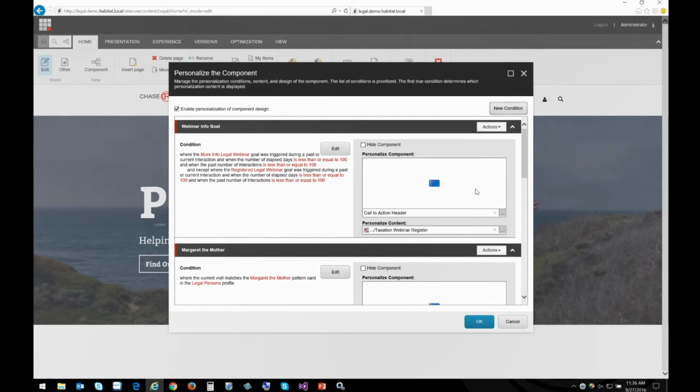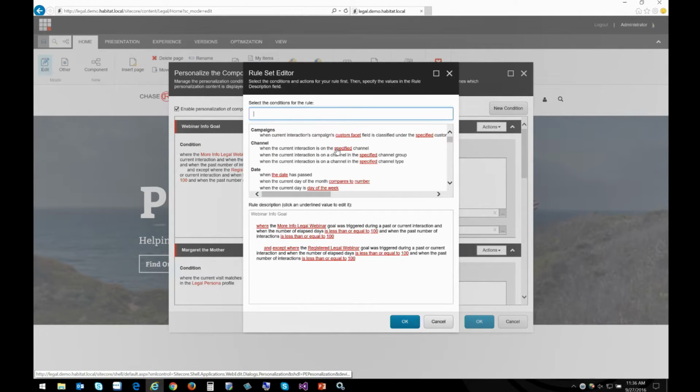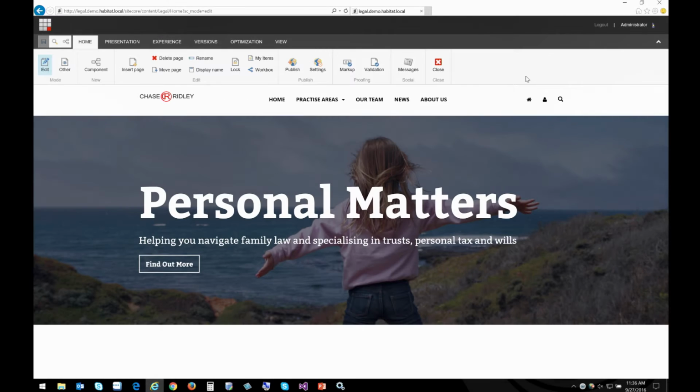It's kind of like Outlook in the rules wizard. You go in and say, here, I want to construct my rules and say, if this person has this sort of pattern, then show this piece of content, or show them this form, or redirect them to a page. Very, very easy to do. We've had a lot of great feedback from our customers and our marketers. The technology doesn't get in the way. It helps them accomplish the goals.